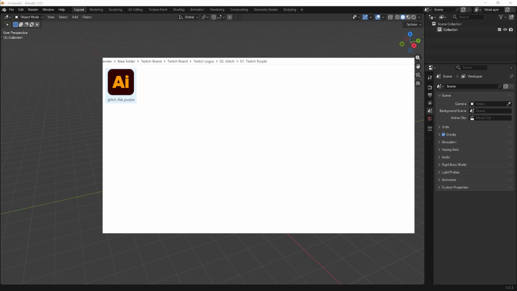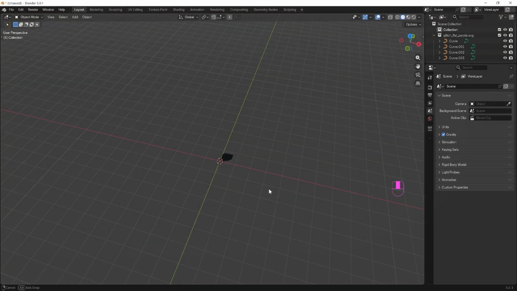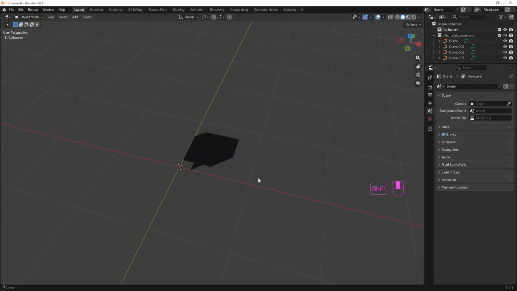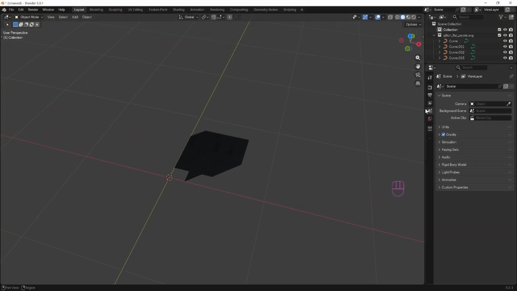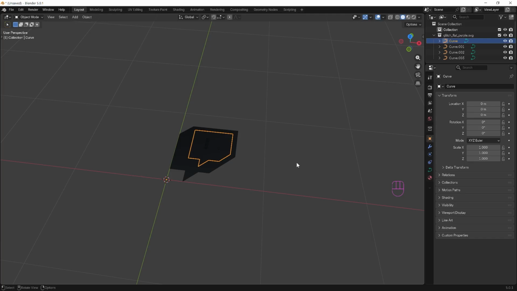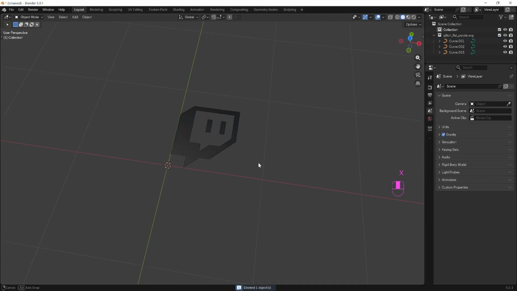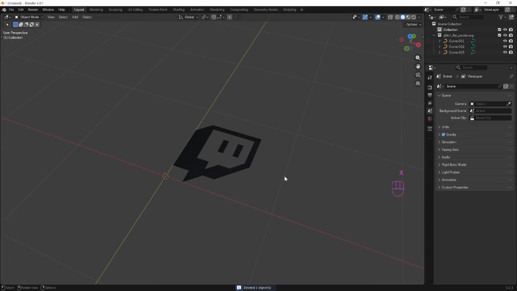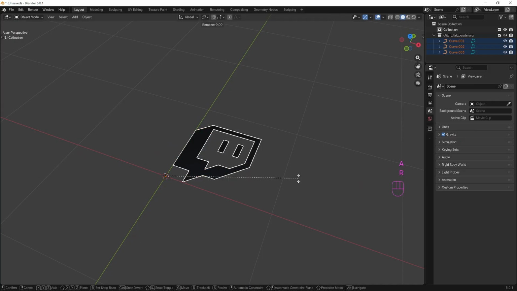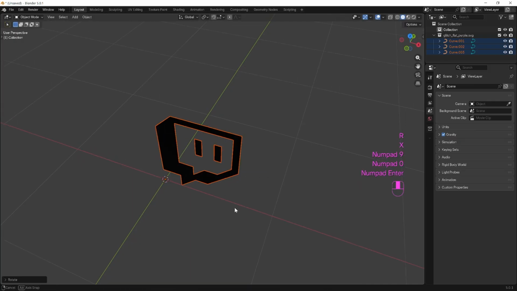And then let's use the flat purple SVG. This imports the logo as 4 curves. I will delete this face curve by selecting it and pressing X. Select the 3 remaining curves by pressing A. Then press R, X and 90 to rotate 90 degrees on the X-axis.